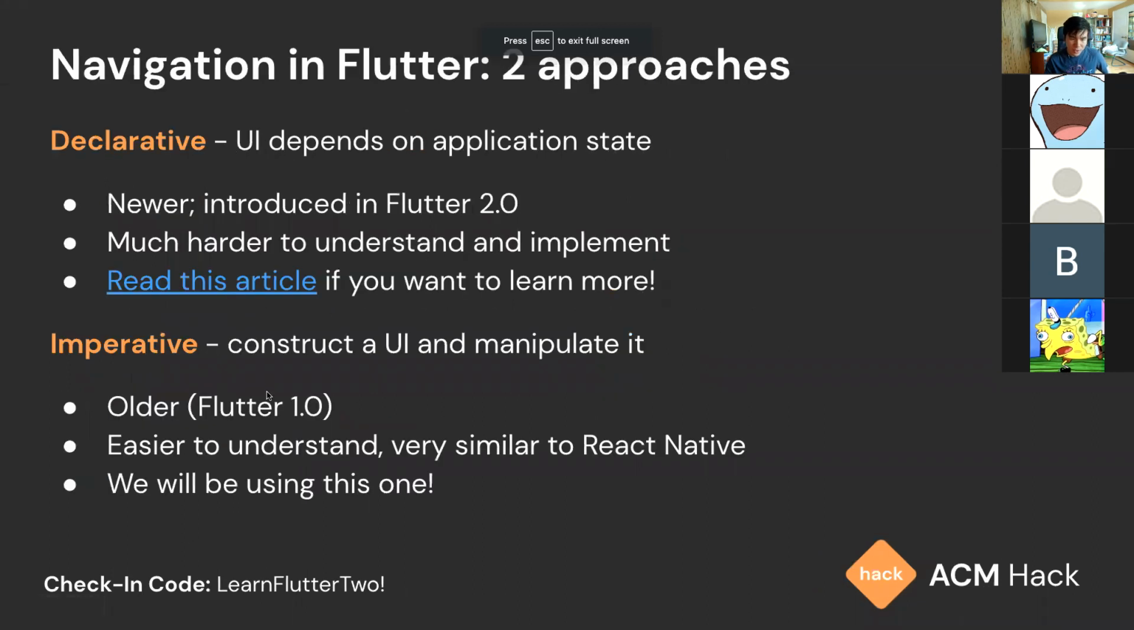Anyway, but the other approach is imperative navigation, where we construct the UI and then just manipulate it around. So imperative means like commands, right? So essentially we're making several screens and then we're saying, okay, when we click this button, we're going to go to this screen. And then when we click this button on this screen, we're going to go back or something like that. So this is the older way of doing it in Flutter 1.0. This is actually much easier to understand, in my opinion. And it's very similar to React Native in the way that it handles it. So this is the actual approach that we'll be